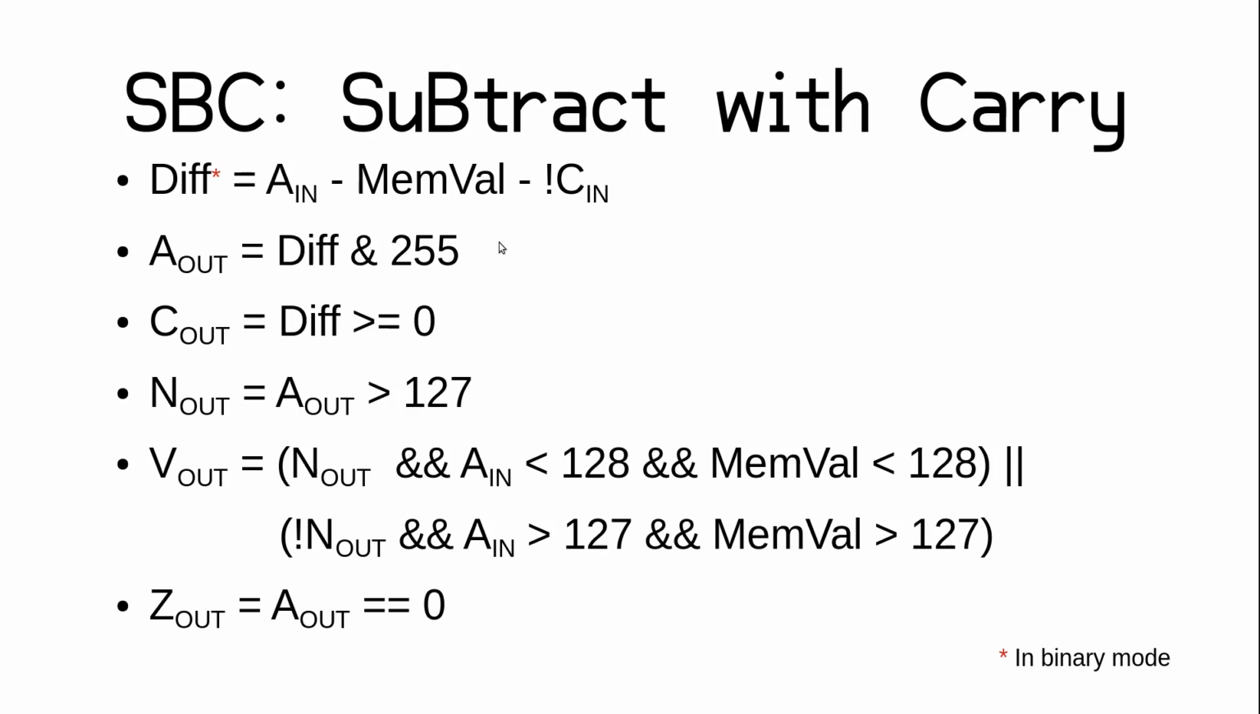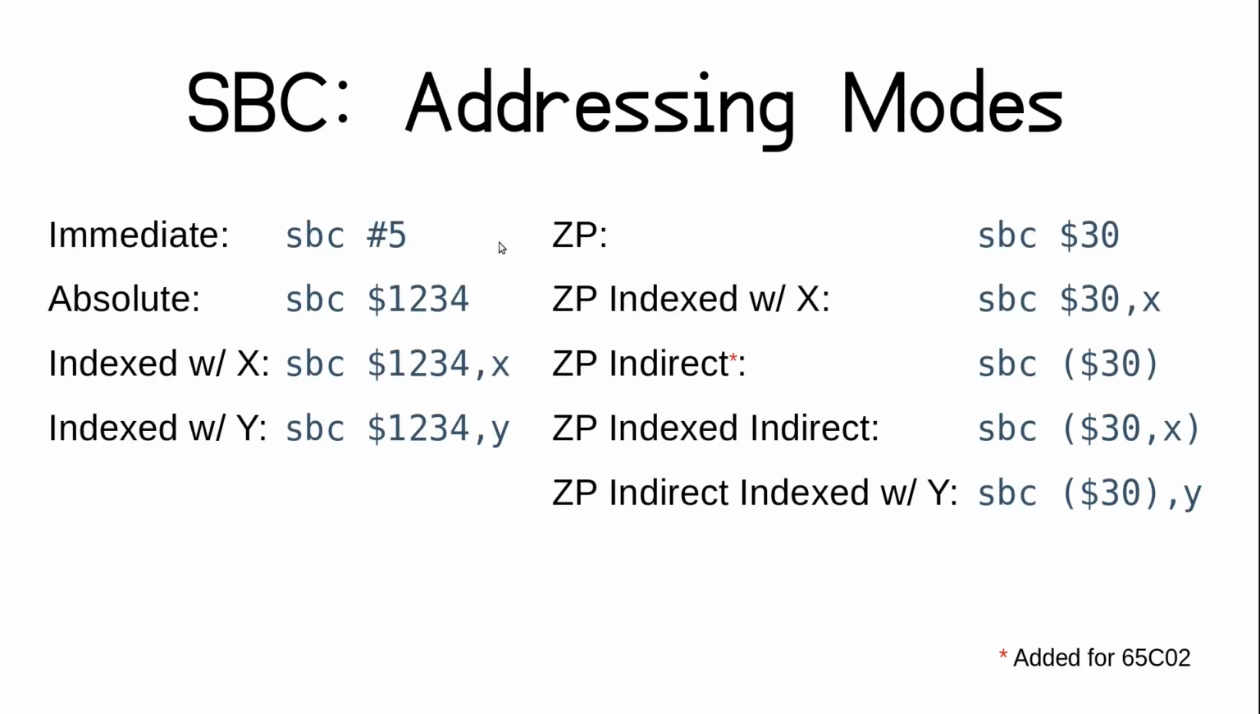The N, V, and Z bits behave exactly the same as with ADC, and SBC is the only other instruction that can change the V bit as a side effect. Otherwise, you have to store a value to it directly with PLP or CLV, as we saw before. SBC also uses all the same addressing modes as ADC, including the added ability to use the zero-page indirect mode